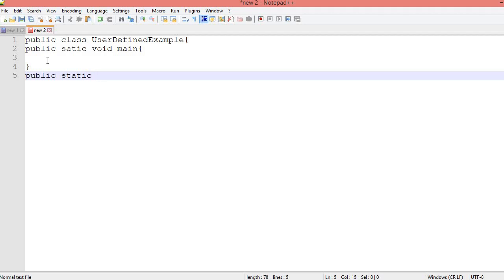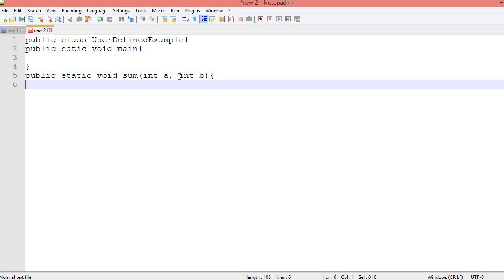We can also add the static keyword with a user defined method. Public static void, because after it a return type will come. Okay, then I will write sum, and here I will pass int a, int b. Okay, now here I will add and print the addition of a and b, a plus b.